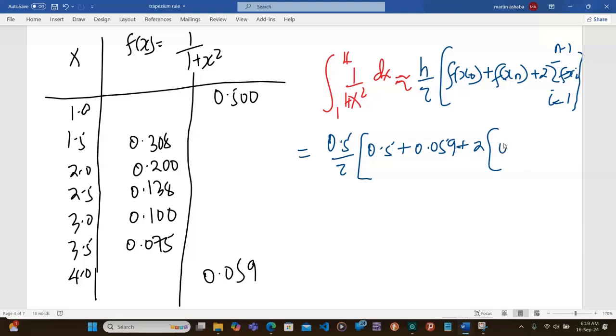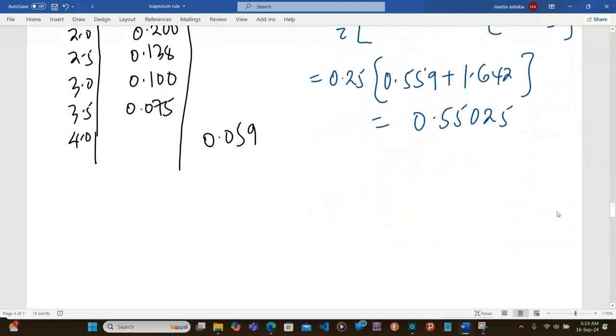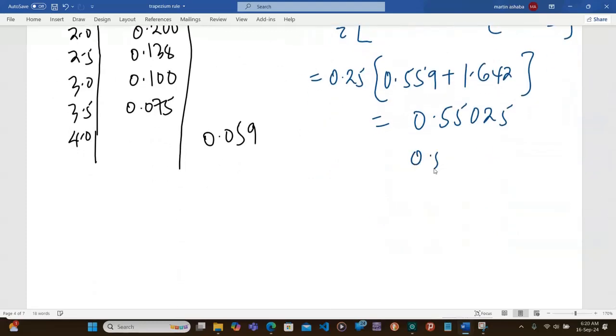So what I have here is 0.821. So times 2, this is going to be 0.25 into 0.559 plus 1.642. So plus 0.559. I multiply this by 0.25. So finally, this is going to be 0.55025, and this is going to be 0.55